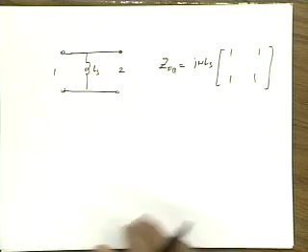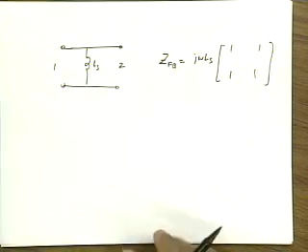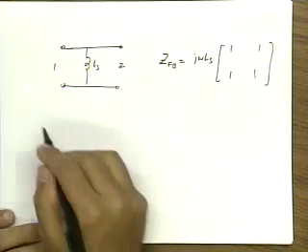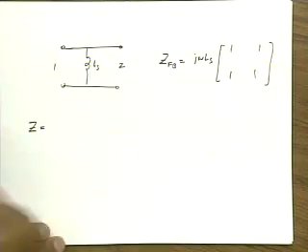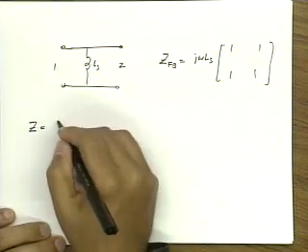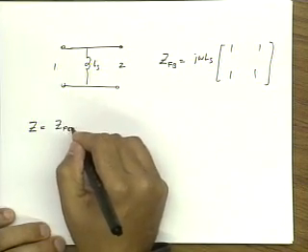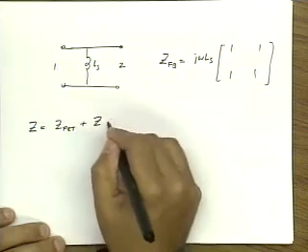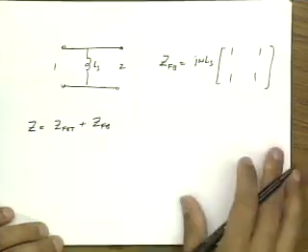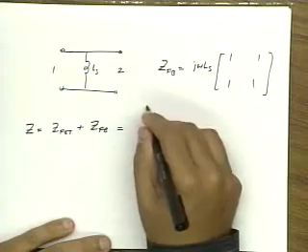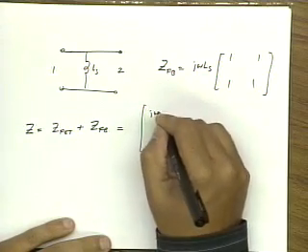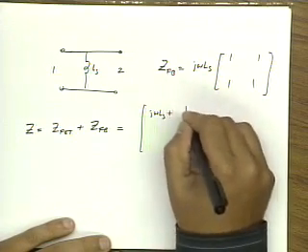Okay? And I won't bother to derive it because it's so trivial. I leave that to you. So the Z matrix for the total amplifier is the Z matrix of the FET plus the Z matrix of the feedback. And so we can all add in this class hopefully,